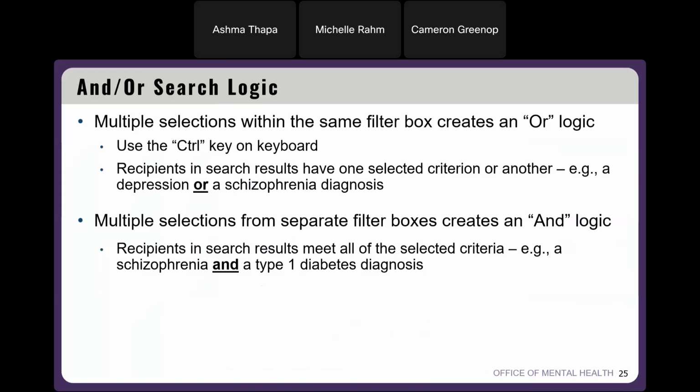And just to give you a little bit of insight into the cohort search logic, it uses what we call an and/or logic. So if you select multiple options within the same filter box, that creates an OR logic. And you can make those multiple selections by just holding the control key on your keyboard. So OR logic just means that the recipients you get in your search results will meet one of your selected criteria, not necessarily both. So say you went to the medication and diagnosis section and selected schizophrenia and major depression disorder from the behavioral health diagnosis list. The recipients in the search results will either have schizophrenia or major depression disorder